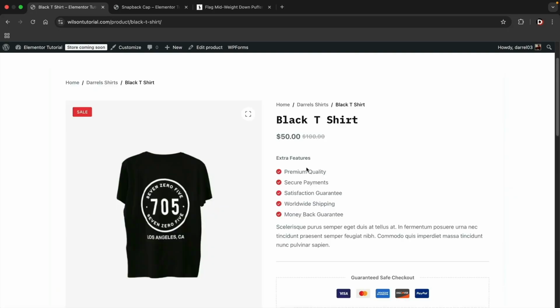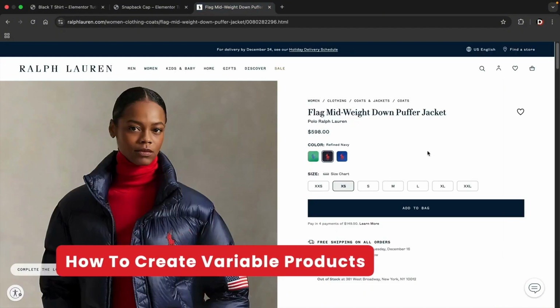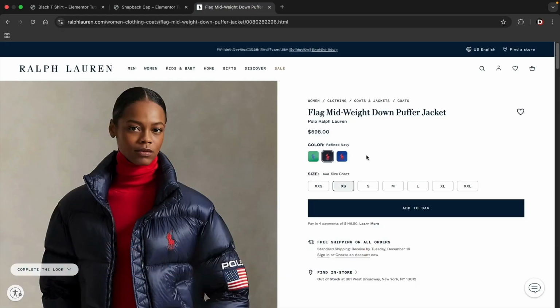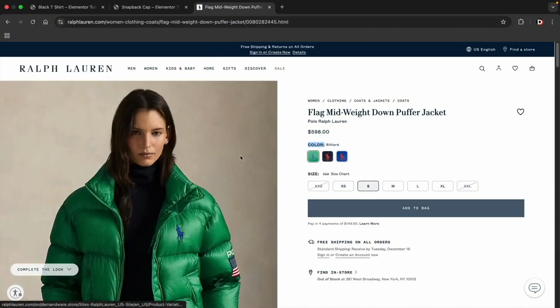So next, let's create a variable product. Now, a variable product is probably the most common product that you're gonna make. For example, here's ralphlauren.com. Now here you'll see that they offer a variety of different colors and also sizes. And if we actually select a specific color right here, you will then see that the product actually changes, and we can do